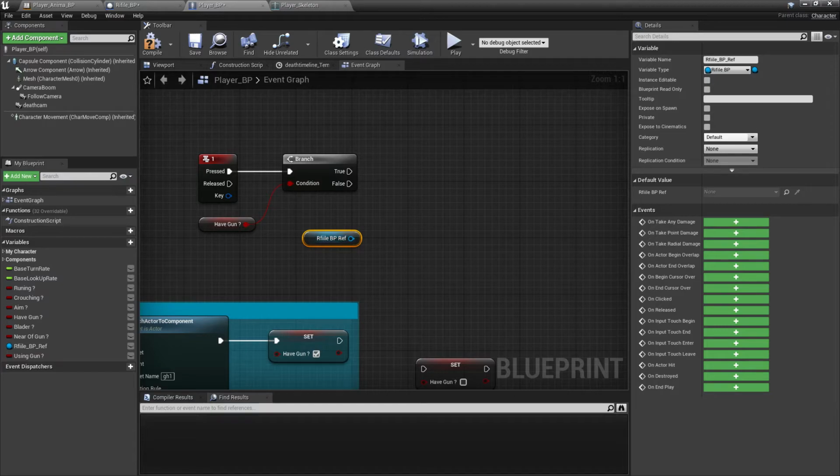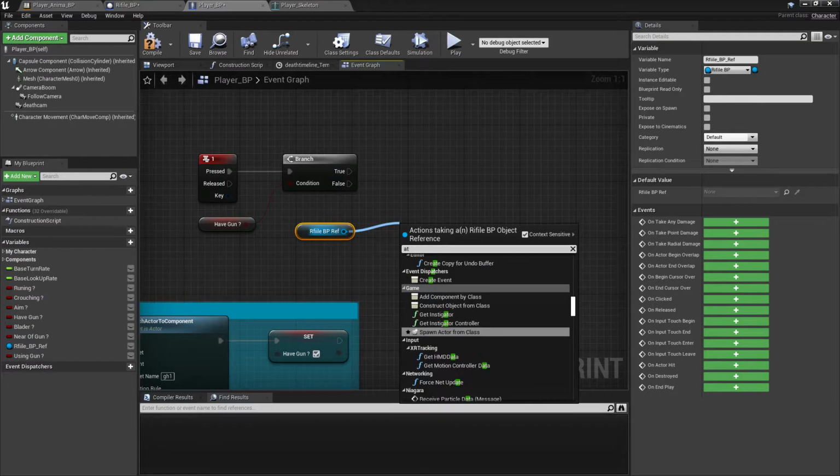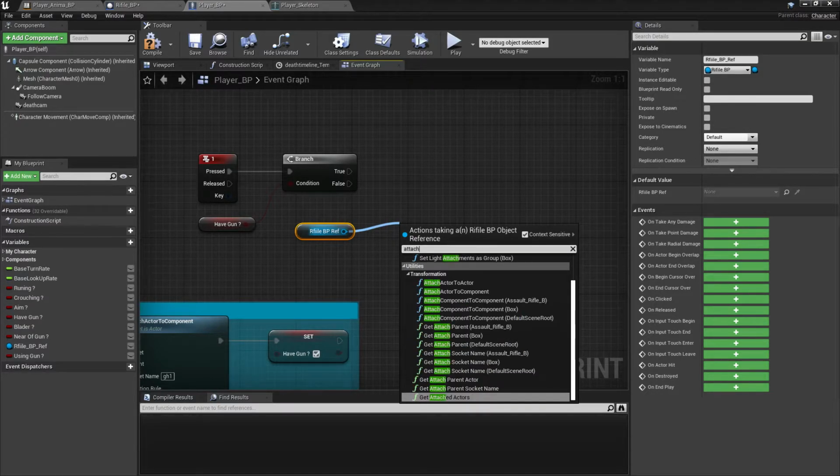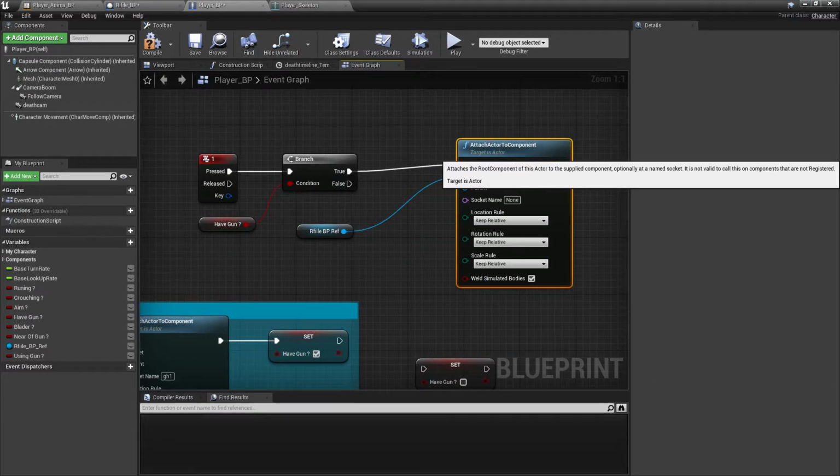Okay, now it's great. So here what we will do is, on the rifle BP, attach actor with component, on have gun,